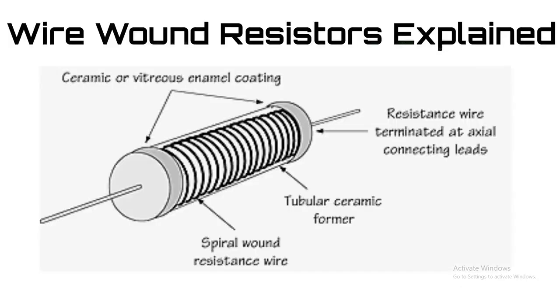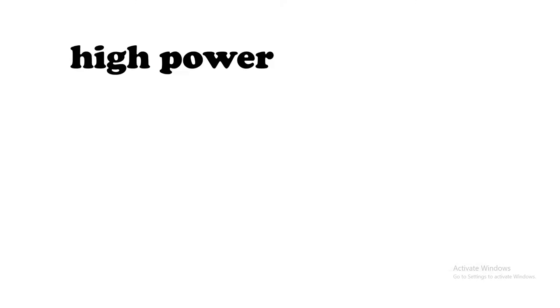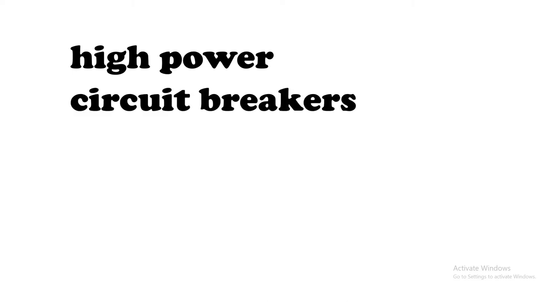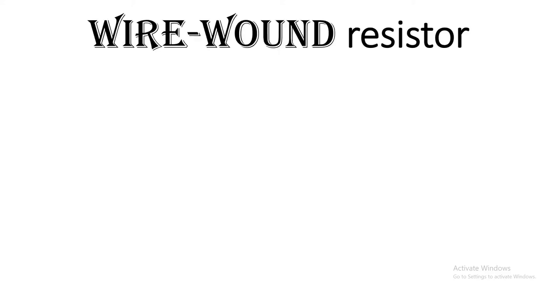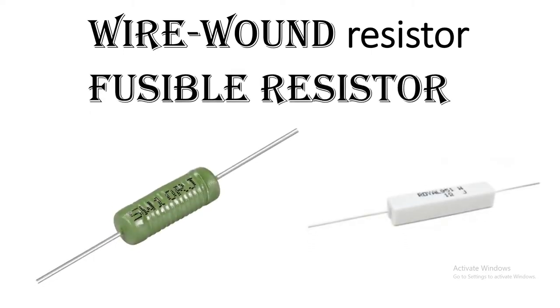It is the internal structure of the wire wound resistor. We are using this resistor in high power circuits. We are also using this resistor on the circuit breaker. We are also using this in industrial applications. We are also using this resistor as a fuse. The wire wound resistor is also called a fusible resistor, because we are using this resistor in high power circuits, so there are also chances to fuse this